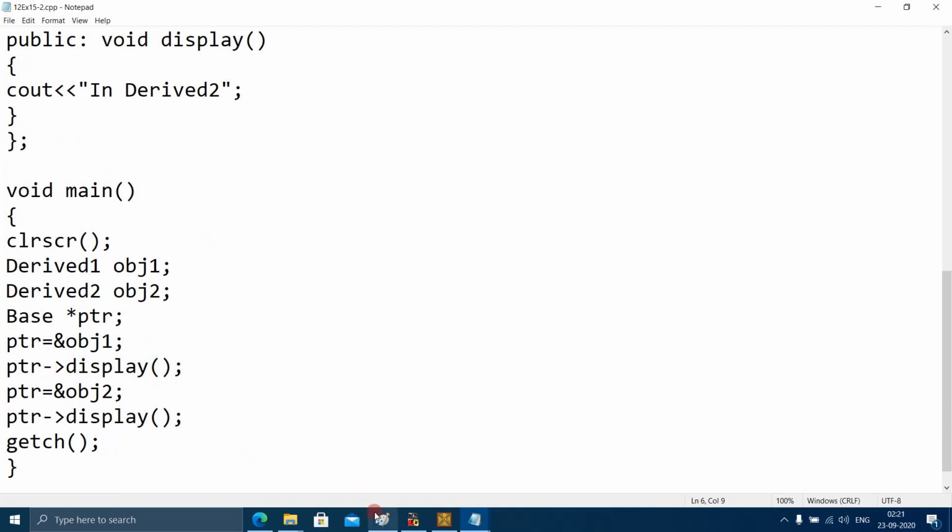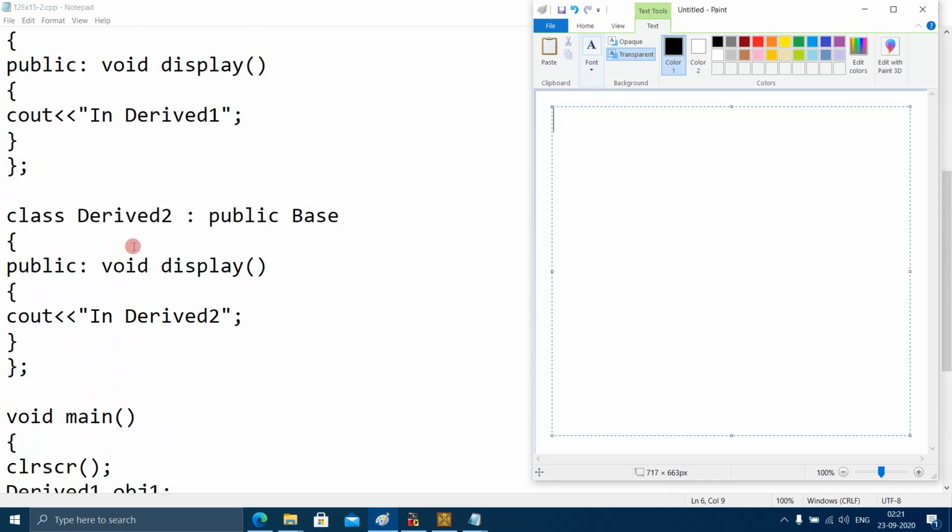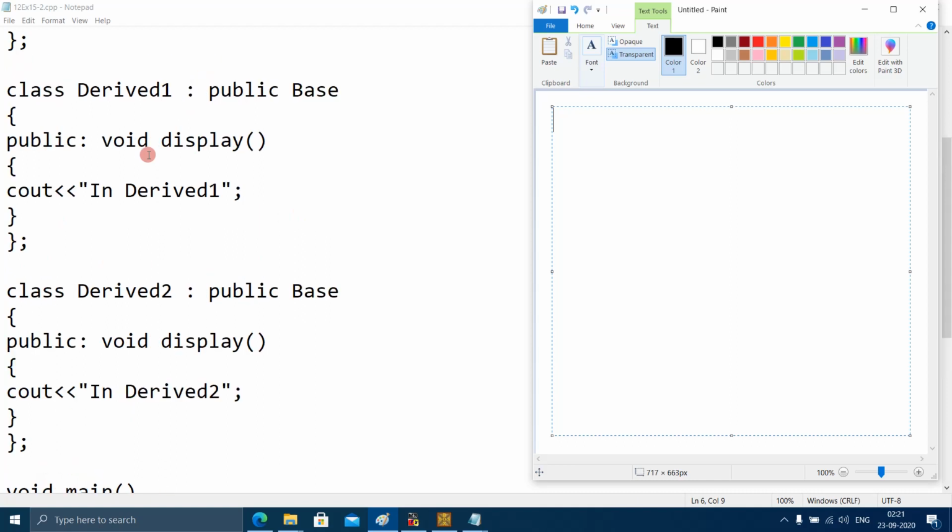So the output of this program will be: this pointer is pointing to the address of obj1, and this pointer is calling the display function of derived 1. What is there in the display function of derived 1?